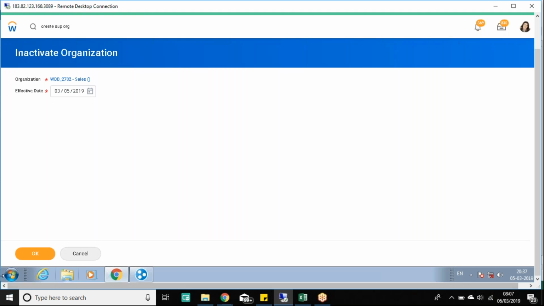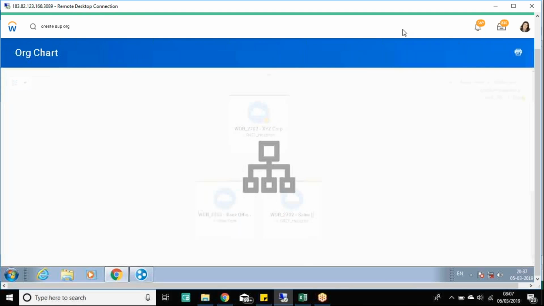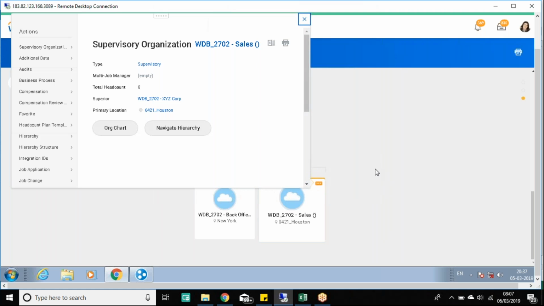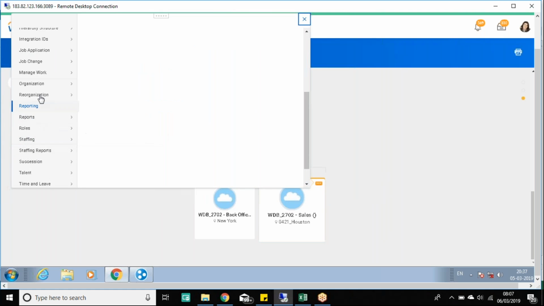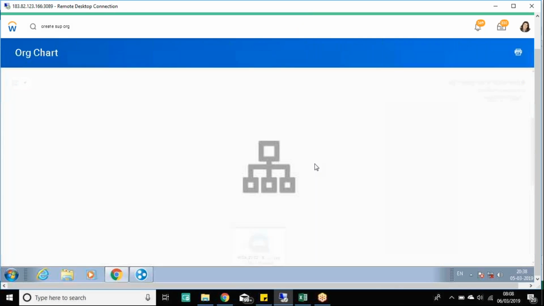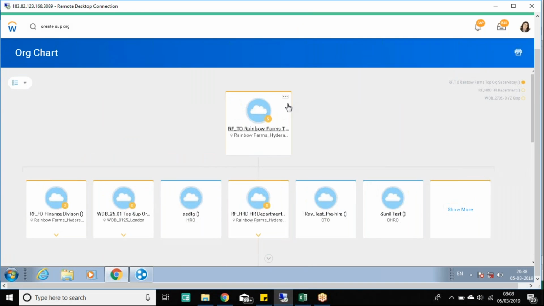So Workday doesn't allow you to delete a supervisory org, and for the same reason, many other organization types as well. What you can do is go ahead and inactivate a supervisory org, provided that there are no active employees in that supervisory org, but also there are no active positions in that supervisory org. So you will have to move everything. The reason Workday allows me to inactivate this supervisory org is because there's nothing available here. Let's see if I can inactivate this supervisory org,